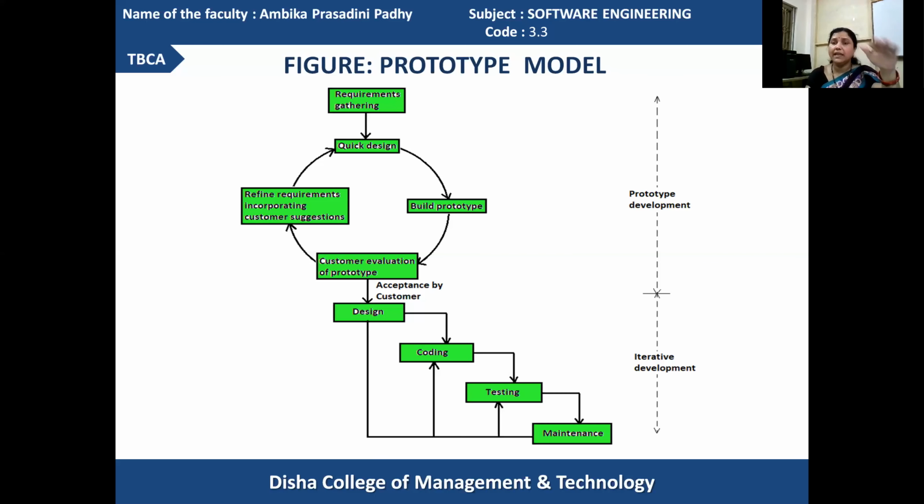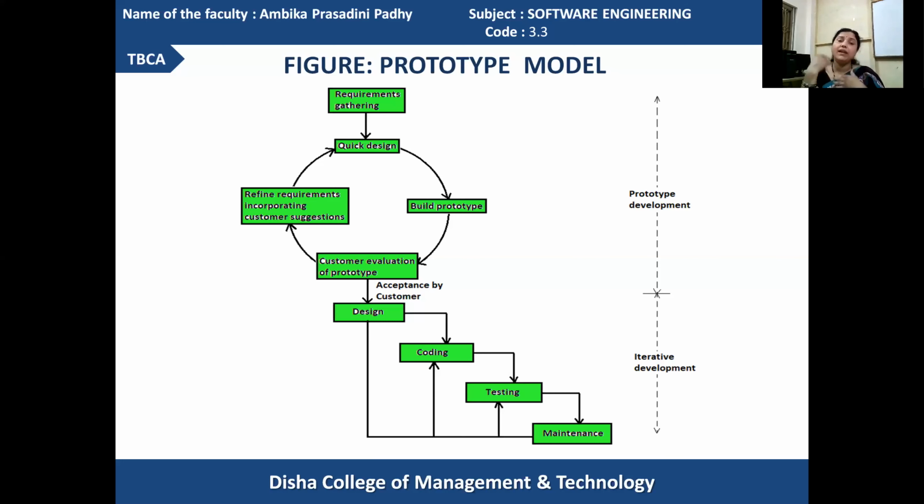Then by looking at the information present in the refinement stage, again a quick design is prepared. Then the quick design again will lead to building another prototype. In this manner, the cycle of activities will be carried out and the customer evaluation will be done again and again till the customer is highly satisfied that he is going to get the right product for him.